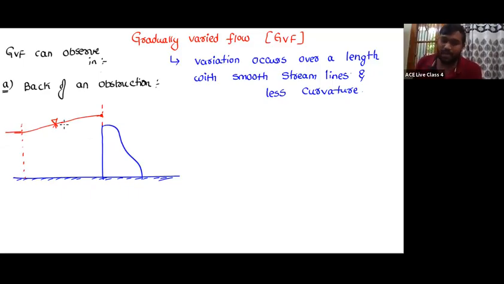See, this is nothing but a gradually varied flow, and this curve is known as a backwater curve. This curve is known as a backwater curve. So, this is at the back of an obstruction. On the back of an obstruction, whatever we are going to get is nothing but GVF. There is one example, and second one,